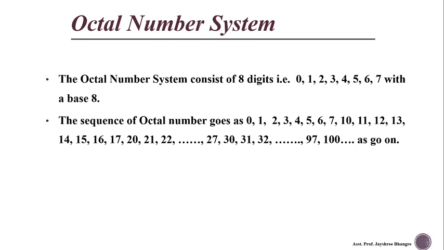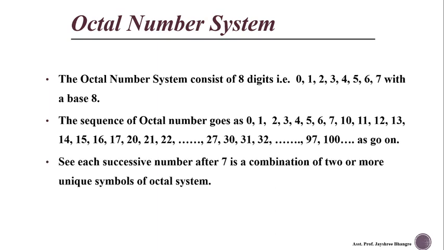After 7, we can write the numbers 10, 11, 12, 13, 14, 15 up to 17, as the digits 8 or 9 are not present in this number system, and that's why we do not have combinations like 18, 19 or 28, 29. So we get the numbers from 0 to 7, then 10 to 17, 20 to 27, 30 to 37 like that, up to 90 to 97. After that we continue these numbers, we get 100, 101 up to 107, then 110 up to 117 like that.